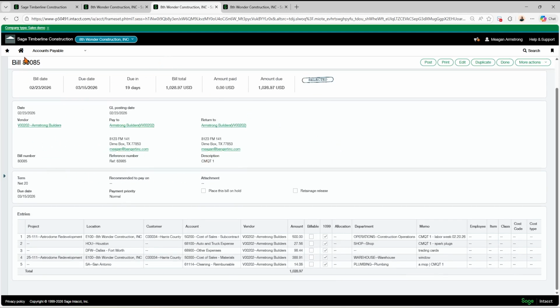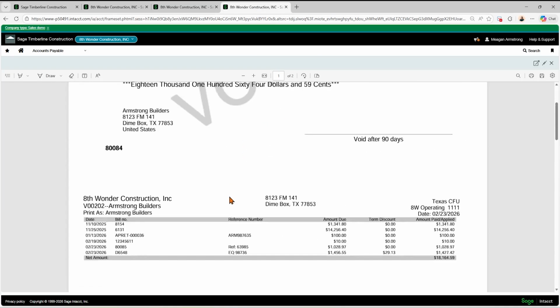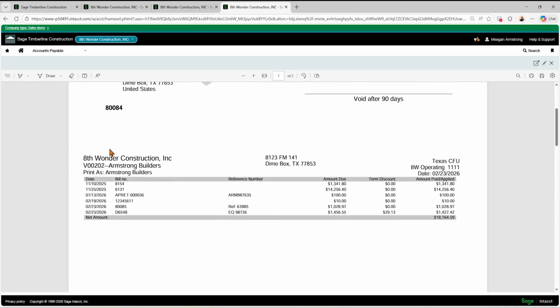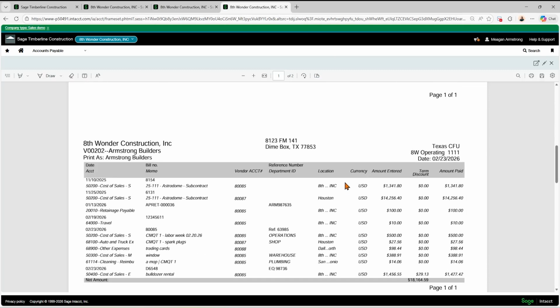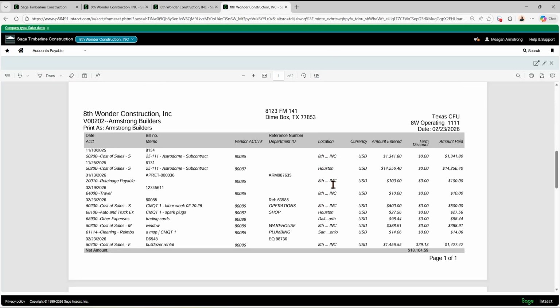From the top here, the reference number is the reference number here. Then obviously our bill number and dates are also up here in the header information. On the line level, in the line detail, we get the location, and I've got mine set to show the name.